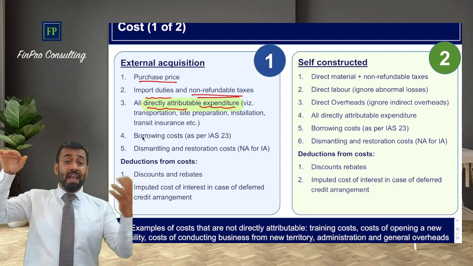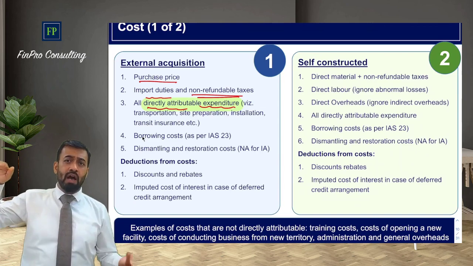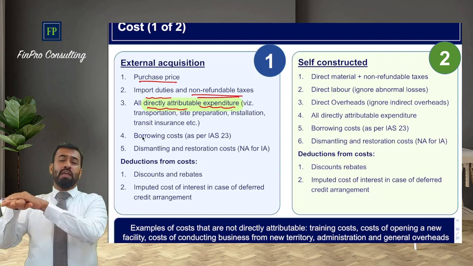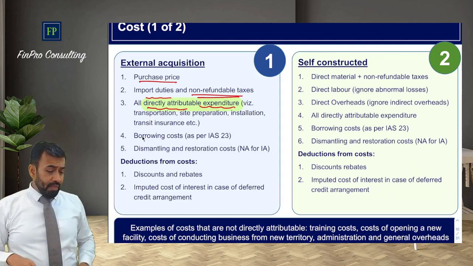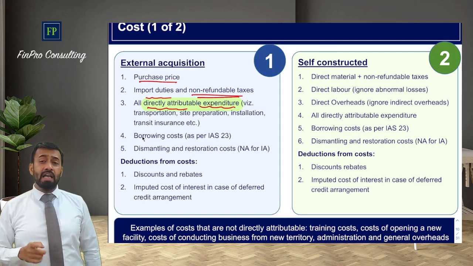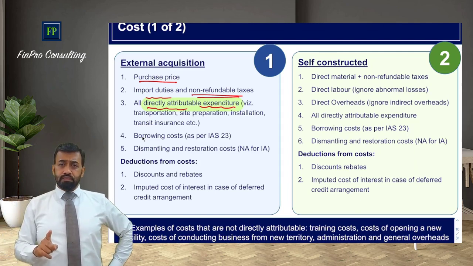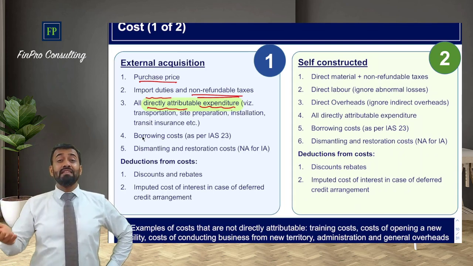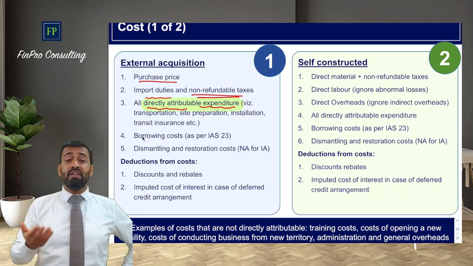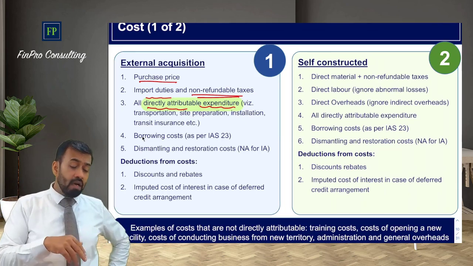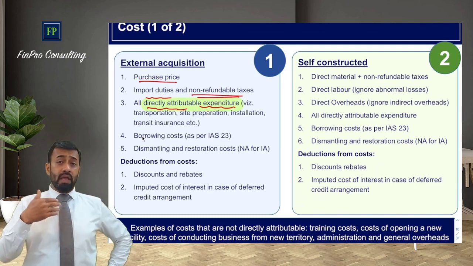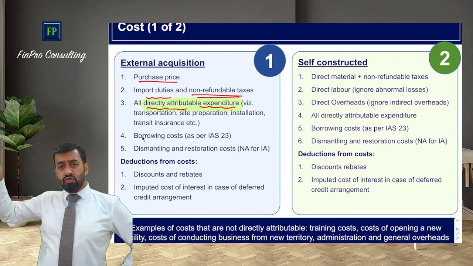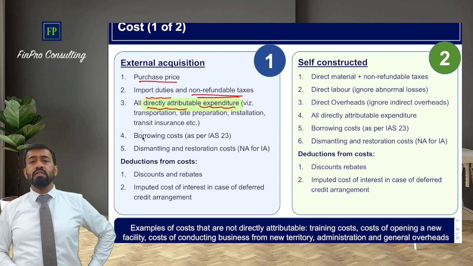That can be capitalized, net of income. When you sell the substandard output, you will get some income, but your expenditure might be higher. So net expenditure is able to be capitalized, directly attributable. Alright. Borrowing cost. Of course, as per IAS 23, all the interest costs which are incurred with respect to the qualifying asset, the asset which necessarily takes a substantial period of time to get ready for its intended use or sale, that is a qualifying asset. If you have incurred interest costs or other costs in connection to purchase or construction of a qualifying asset, then borrowing cost is eligible to be capitalized.